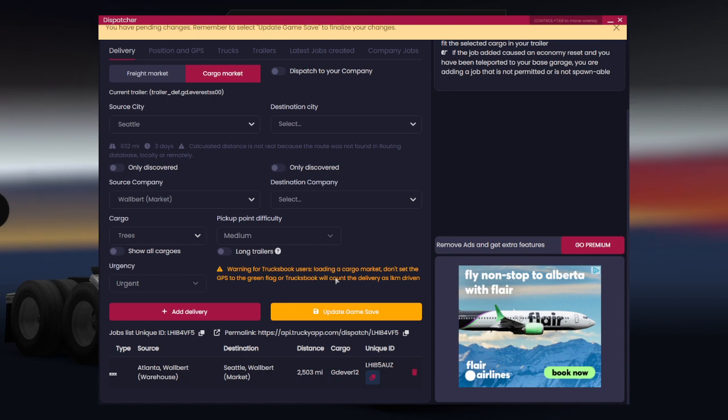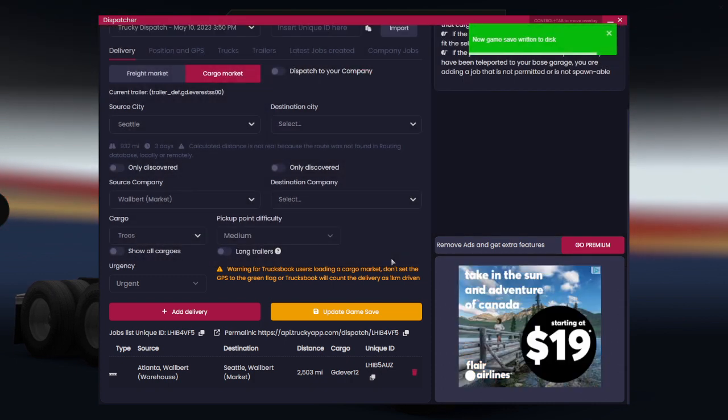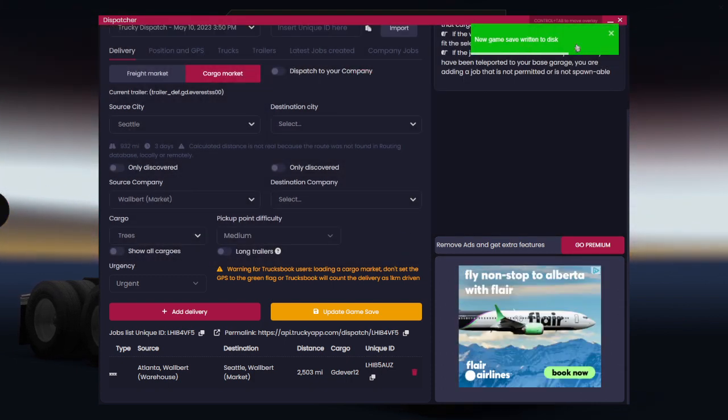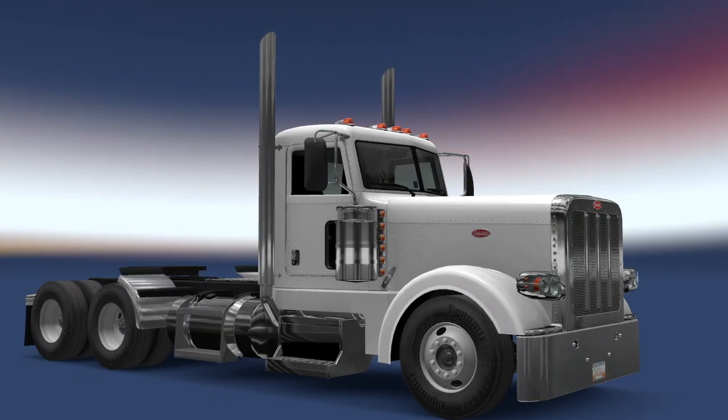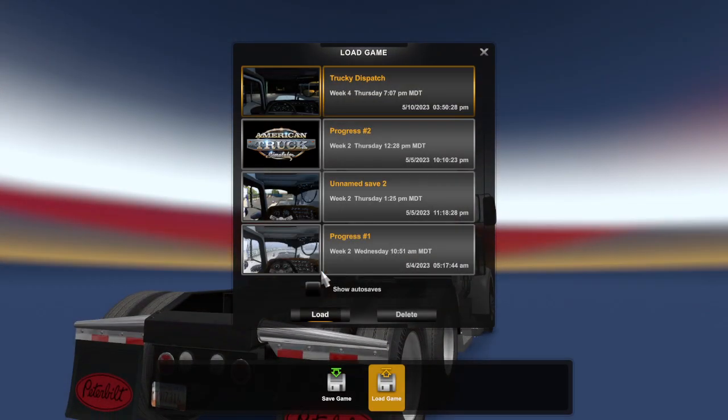And so, a little information about that. After you add delivery, you're going to hit update game save. Once you see new game save has been written to disk, you'll hit Alt D and go load up that save that you selected. And now, hopefully, it should still be recording my voice in the game. But as of right now, my screen is frozen because it's currently loading the save. I don't know why it takes so long. It takes up to like, I timed it, 2 to 3 minutes, so we're gonna be here a little bit,